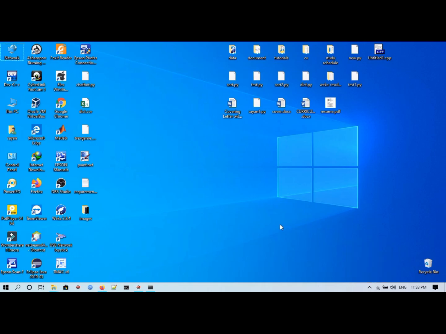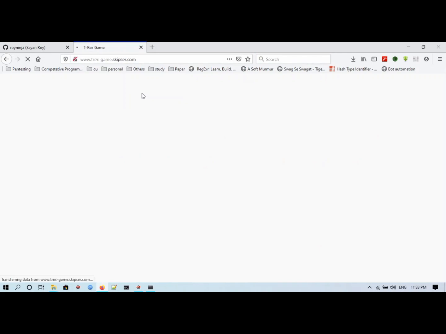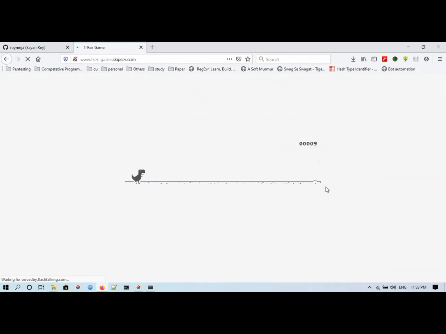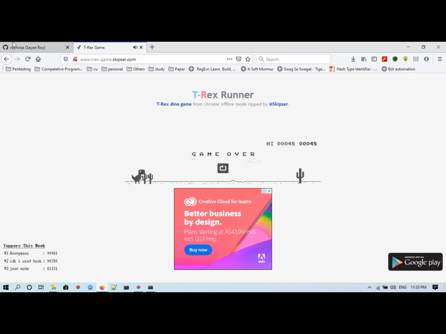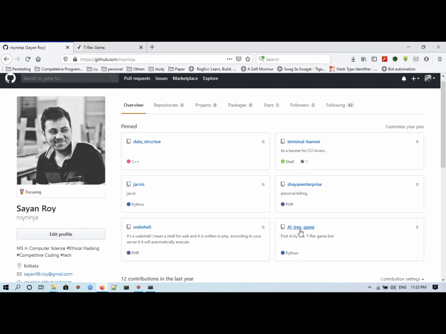It's about the TEDx game. So you might have known TEDx. So this is basically the TEDx game. You might have played it in Google Chrome offline mode, but today we are going to play this by our Python script. So for this we have to go to this website first, then my GitHub profile link will be given